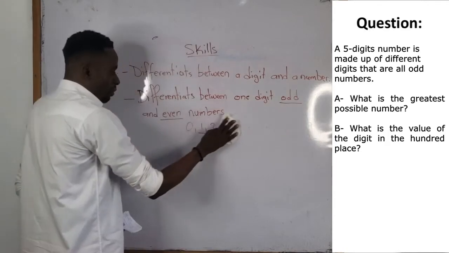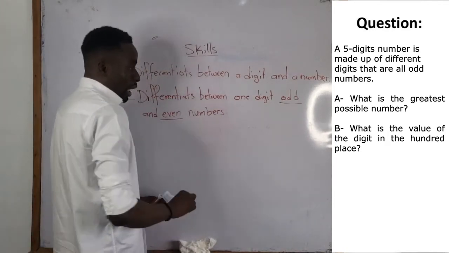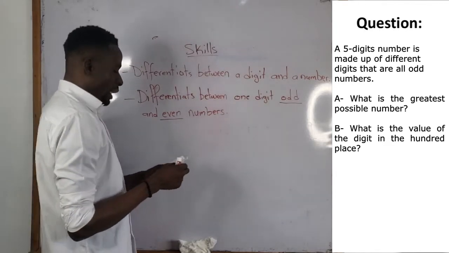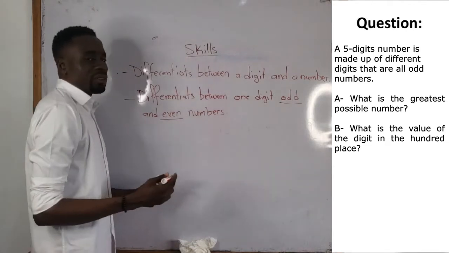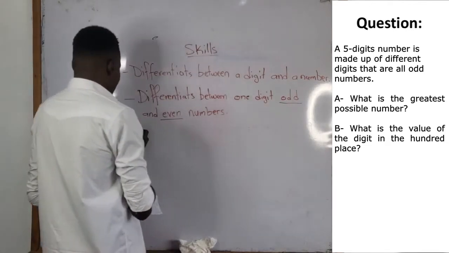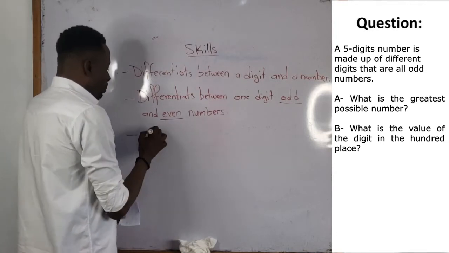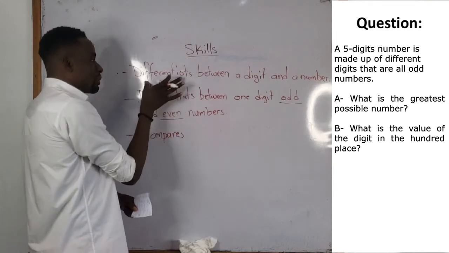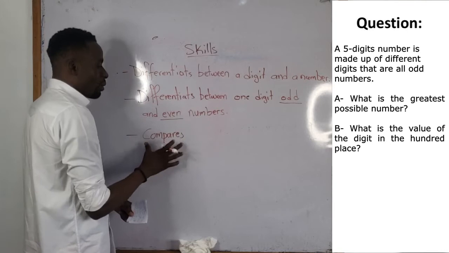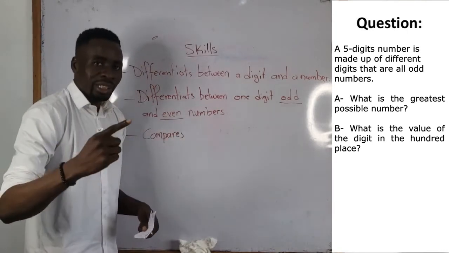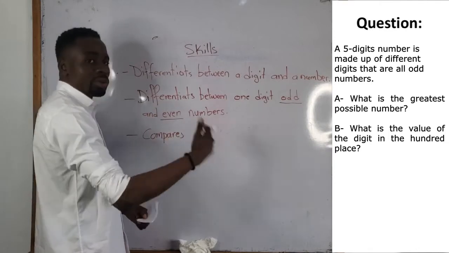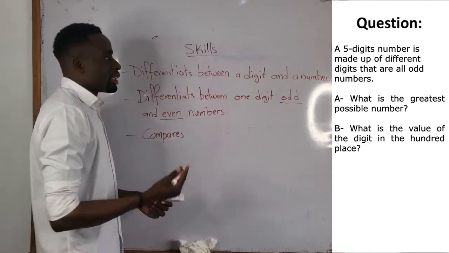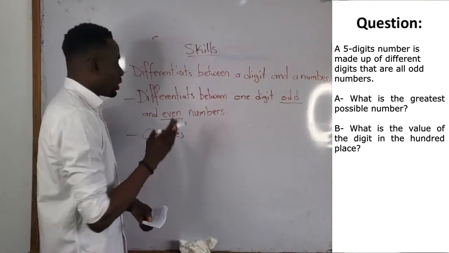So, if I'm done with that, I'm going to go to the next skill that the student will need in order to solve the problem as well. Now the next skill, as I said earlier, is going to be comparing. Notice the way I write my skills. Differentiates, compares, because I'm focusing on one person. I'm saying that that one individual needs to be able to do this. And if we are working in what we call a competence-based approach, this is always how we need to state our skills. So it compares